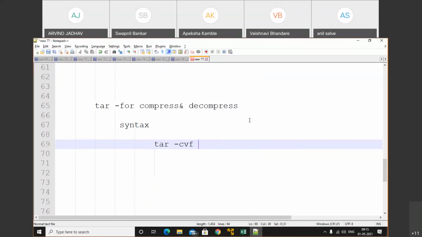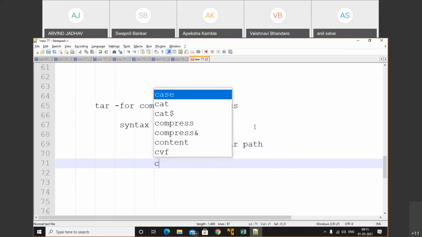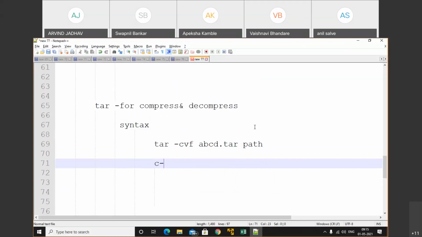We'll discuss that. After that we provide the file name, assume abcd.tar. So first of all, let's discuss what is CVF and why we use that. Okay. So here I will describe.